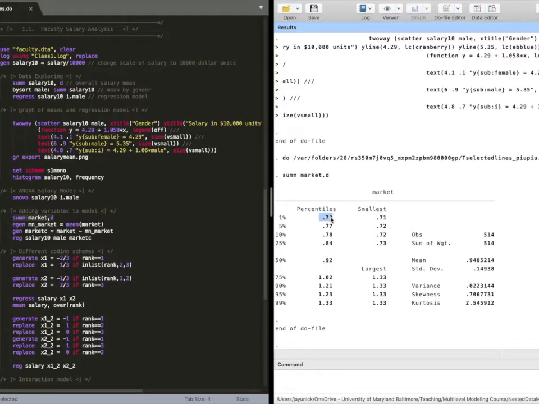So it goes from 0.71 to 1.33, and it's a pretty low standard deviation. So there's a pretty narrow range of salaries. The largest discipline in this context would be 1.3 times the average. The lowest would be